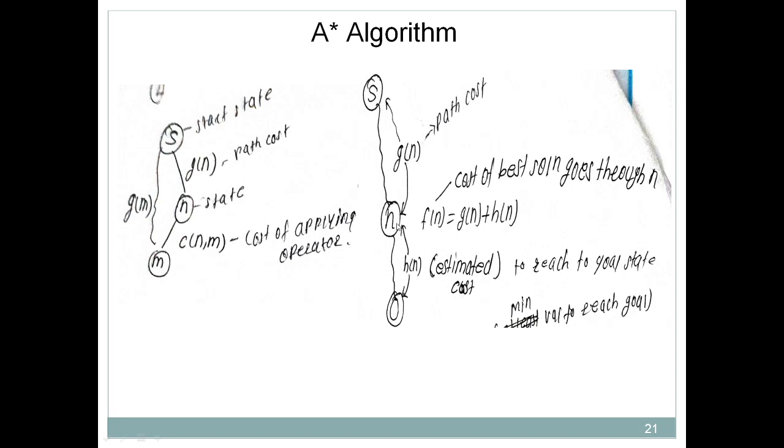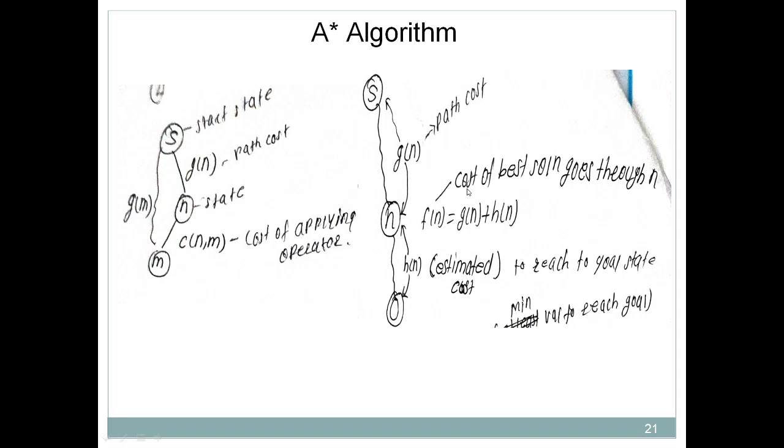Now this N also has an H value. What is an H value? The H value represents the heuristic value. This is a straight line distance, or you can say it is calculated by using Euclidean distance. It represents the distance from that particular intermediate node to the goal state. So here this is your goal state, so this is the h value, so the h value is assigned for this. This is the g value, this is the h value, and from this you will calculate the f value.